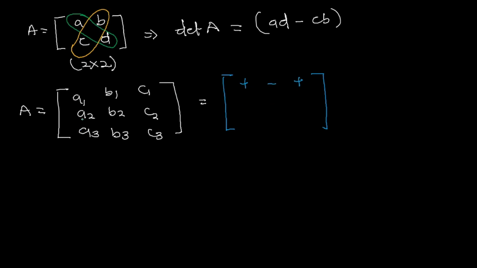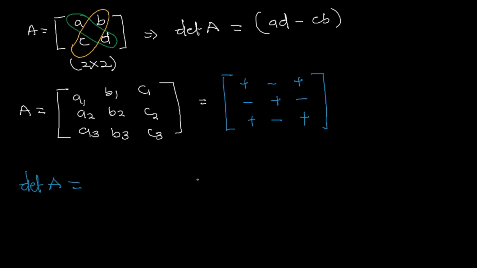Then the reverse is true for the second row. That is what this becomes: minus, plus, then minus. Then we alternate again, it becomes plus, minus, and then plus. So you get to understand what I mean by these signs when we are trying to find the determinant of this A. So to find the determinant of a 3x3 matrix, which is that A,